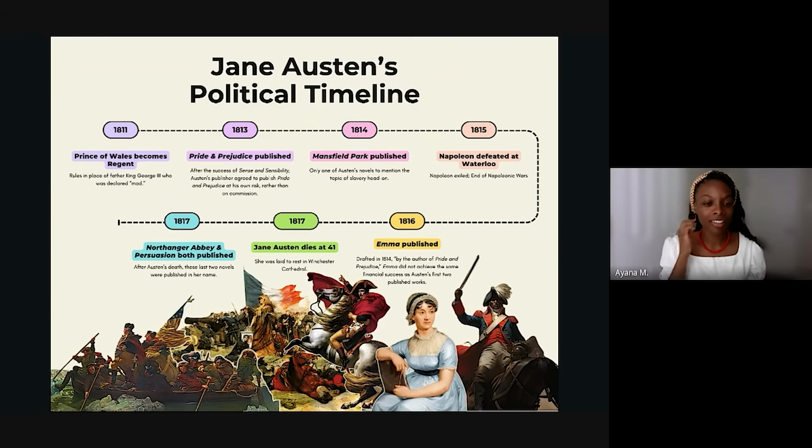One key novel I think that doesn't get a lot of attention is Mansfield Park, 1814, right? So smack dab in the middle of the Regency. But it is the only one of Jane Austen's novels that tackles the topic of slavery head on. And you sort of wonder, I think the Haitian Revolution ended 1804, so the last of our big revolutions. That's, again, just 10 years.